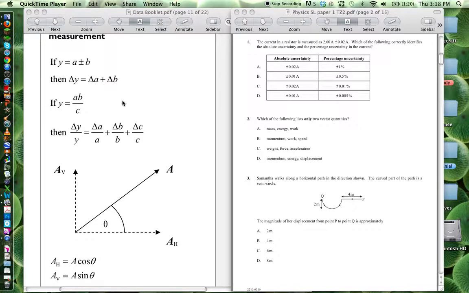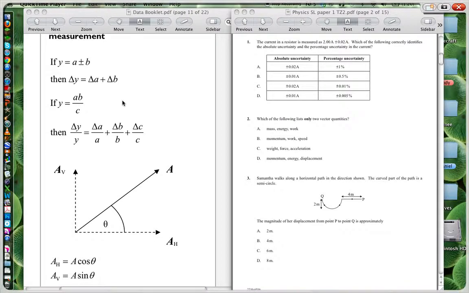Fine, so here is the start of the video solution for the physics standard level paper, time zone 2 for May 2010. Just by way of introduction here, you can use your data booklet, so it's important to have your data booklet available, and also it's good to realize that these papers are set in quite a consistent sort